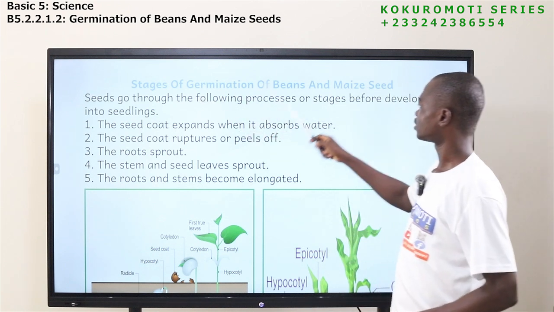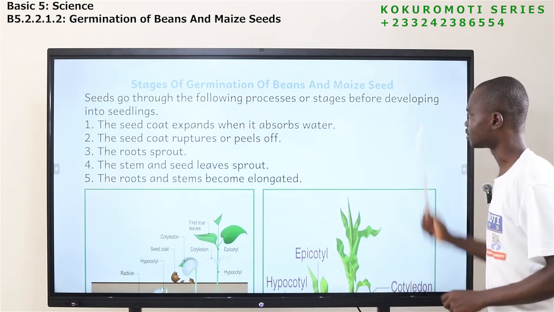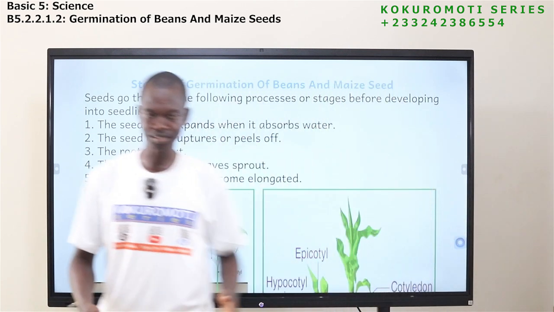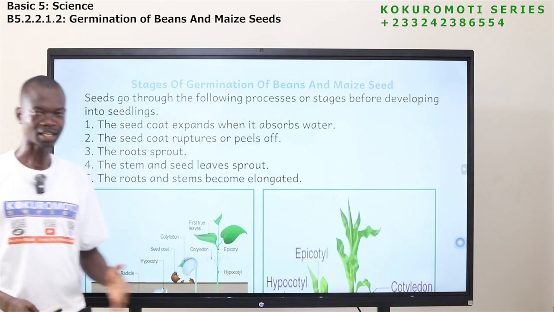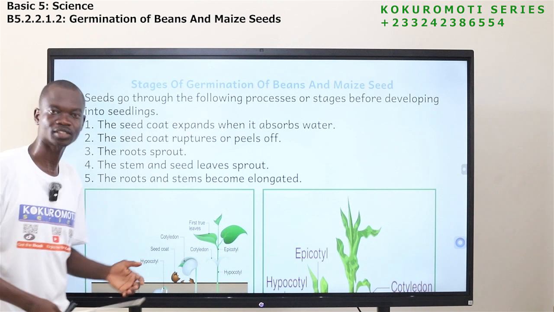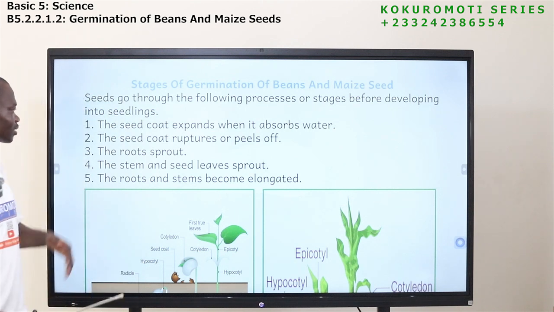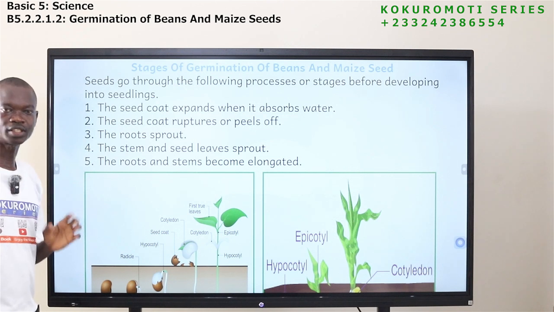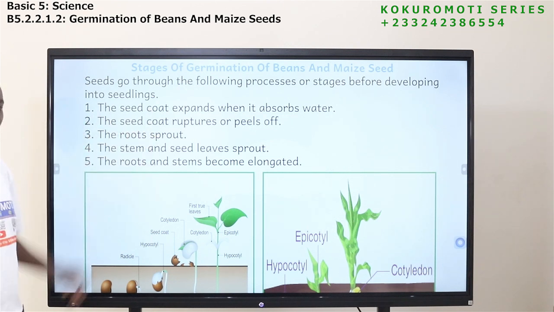Stages of germination of beans and maize seed. Germination takes place in stages, one after the other. So let's look at what happens first, next, and so on, in that order. The first thing that happens during germination is that the seed coat, which is the cover,